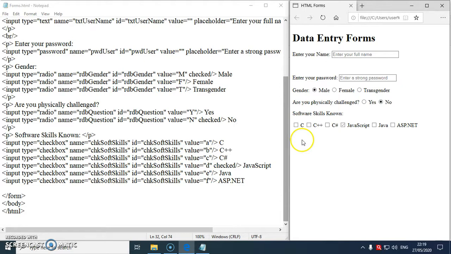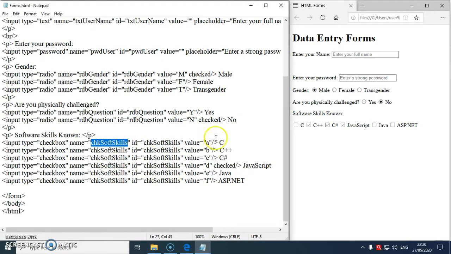We cannot observe the value attribute because we know when we check a particular checkbox and click on the submit button, the name and the value in pair goes to the server for processing. And in the case of checkboxes, all these checkboxes are grouped under the same name, CHK Soft Skills.